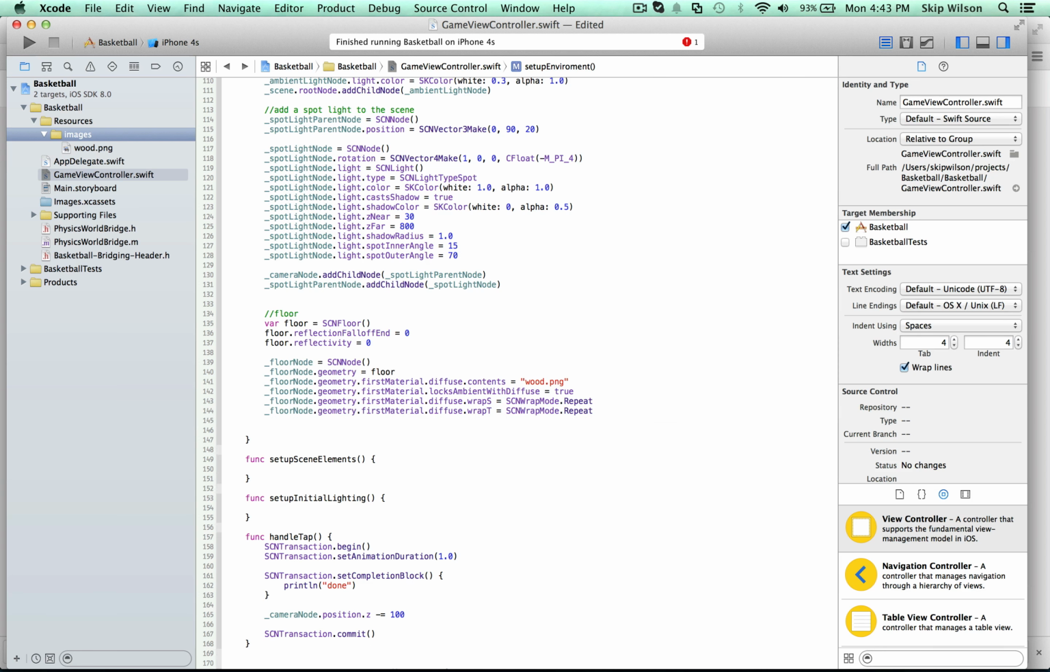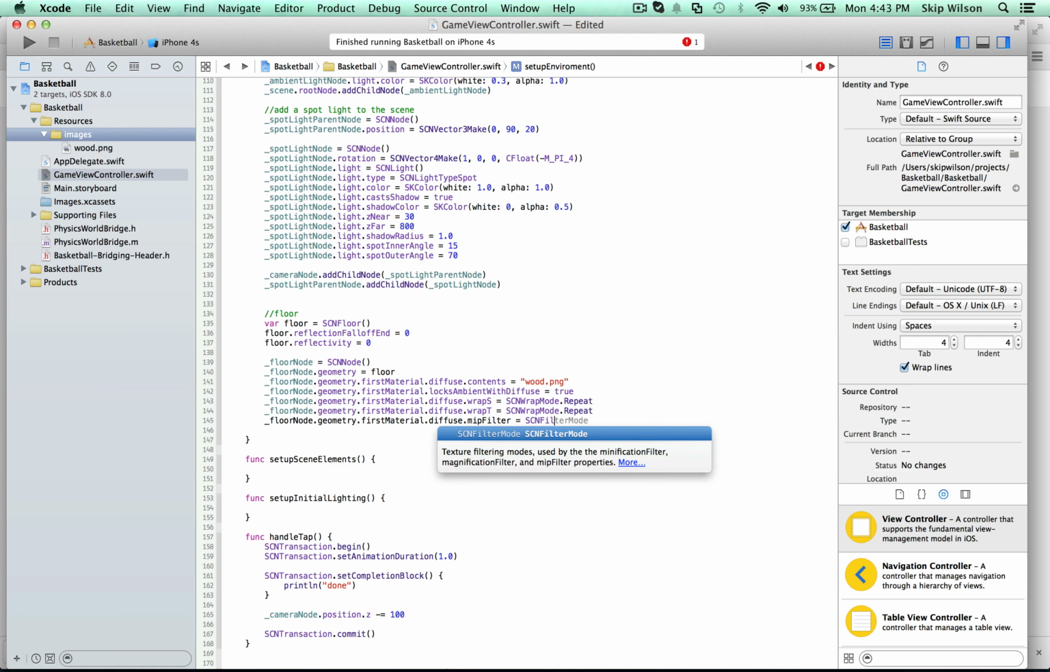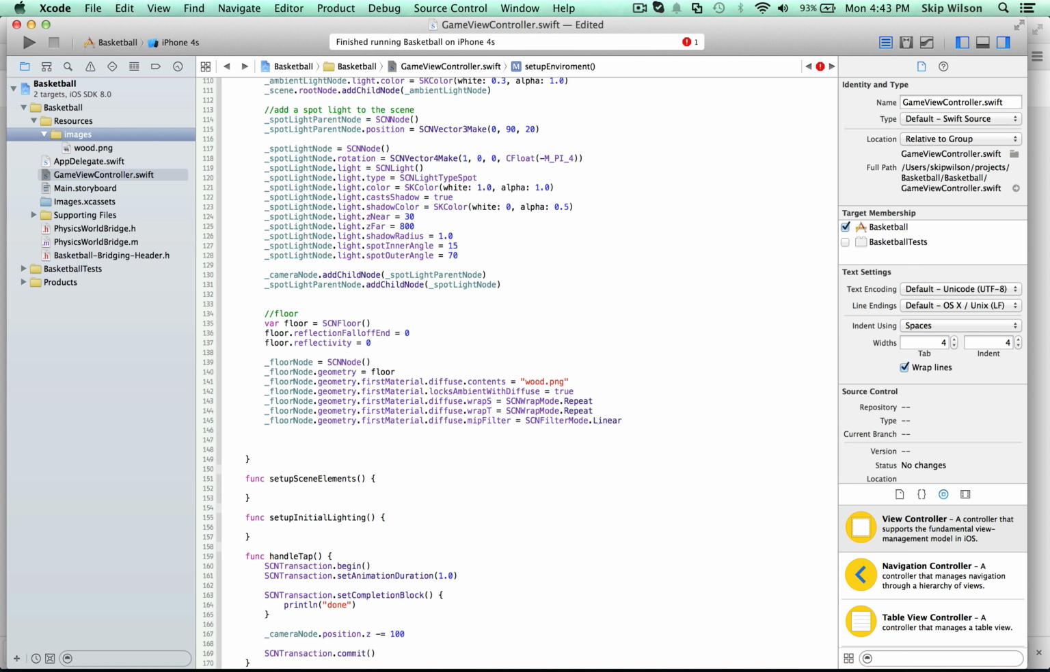If you've ever done CSS and you've set a background and you just say that it repeats on the X and Y, this is kind of what that's going to do. It's going to make that wood pattern repeat. And then we need to set what's called a MIP filter. We're going to say SCNFilterMode.linear. And then we're going to set a physics body for the floor